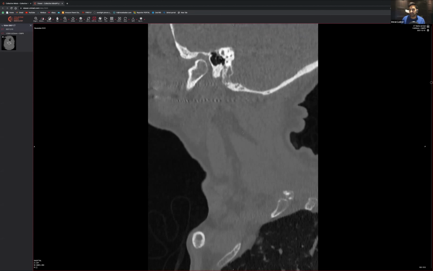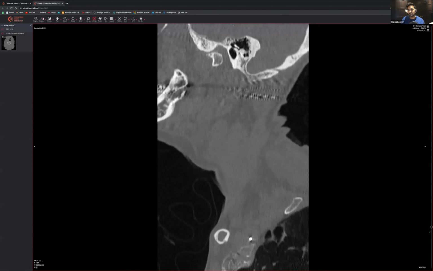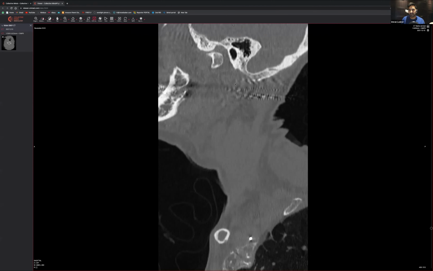The next thing to do is make sure the lung apices are okay, because on the odd occasion I have noticed that there have been missed lesions in the apices when someone's been so fixated on the C-spine. The other thing is to look at the mandible, because sometimes these patients have significant injuries. They may have been in a fight, and you can get mandibular fractures. So whatever bit of mandible you've got, make sure you've had a good look and that there are no fractures. They do have a bit of osteoarthritis in that mandible there, don't they?